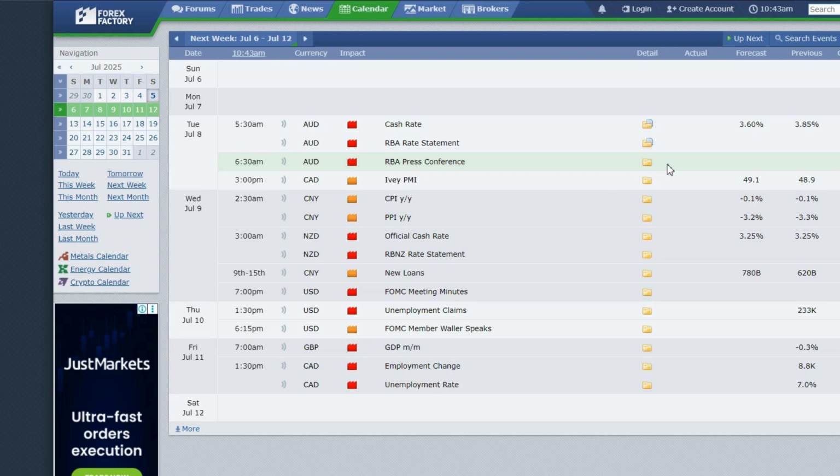We don't have much, but I should stay locked on AUD pairs and NZD pairs due to the interest rate statement. They want to drop, so we'll see some volatility on those pairs. The GDP report on Friday is high impact news, but I don't think it will have a major effect in the market in the short run on Friday. Interest rate reports normally have an instant effect, and a long-term effect also. So let's see how it goes. These are the economic activities of next week.